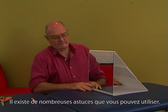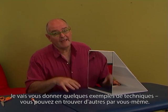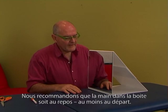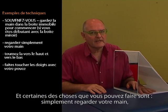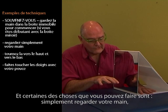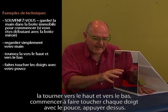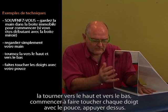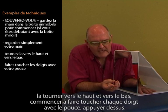Now, there's many tricks you can use. I'll just give you some examples of techniques. You can make up some yourself. We recommend that the hand in the box is left still, at least initially. And some of the things you could do include just looking at your hand, turning it up and down, starting to use each finger, touching the other thumb,